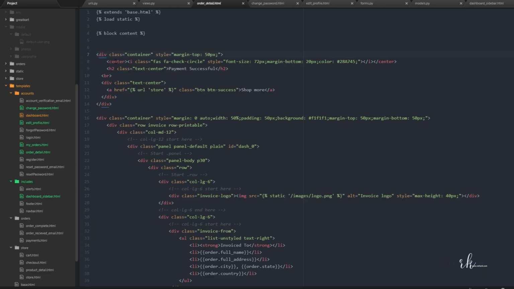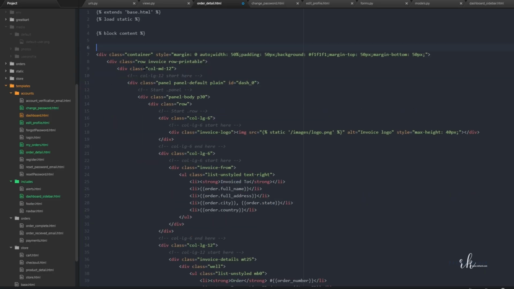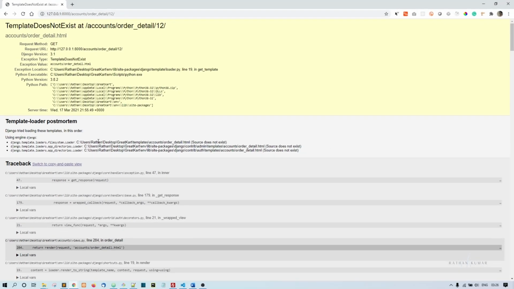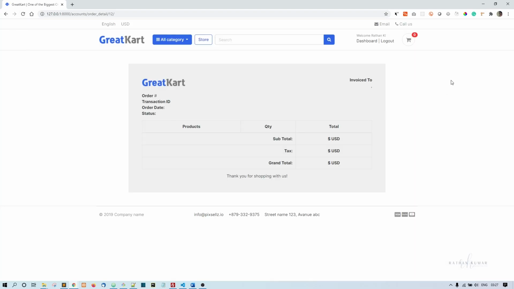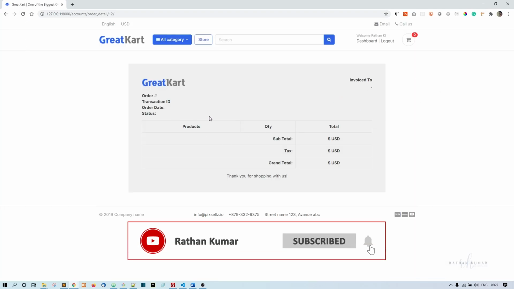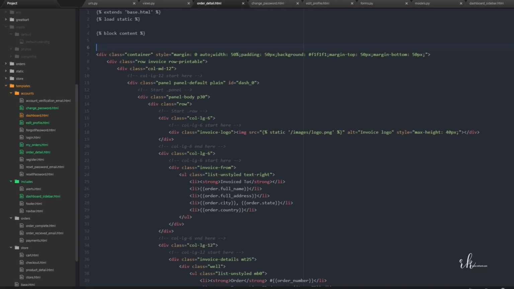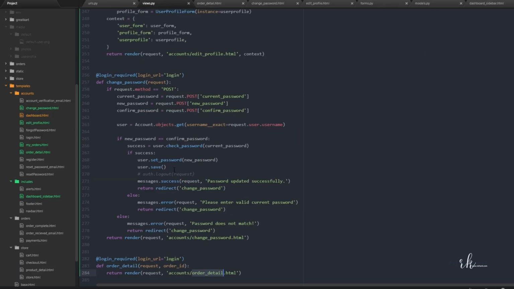All right, so first thing, I will delete this part. Okay, payment successful part, I don't want this. So now we have this very simple template. So I'll refresh. Okay, so now this is also enough for us, because here we will be printing the billing address, order number, transaction ID, and products. So we'll use this one only. Okay, so we need to pass the order and all. So what we can do here,